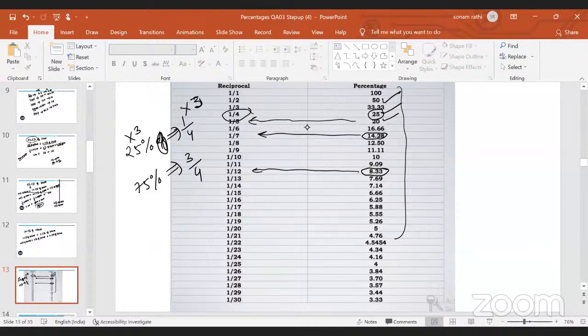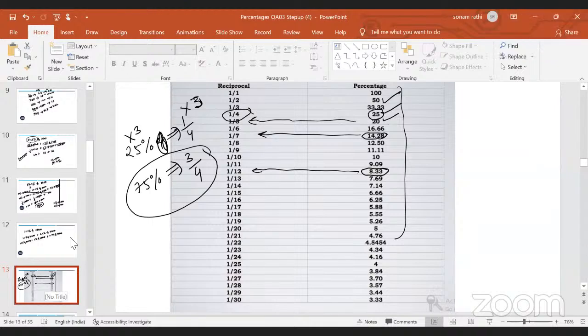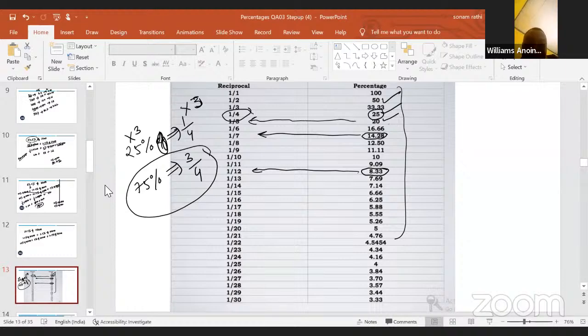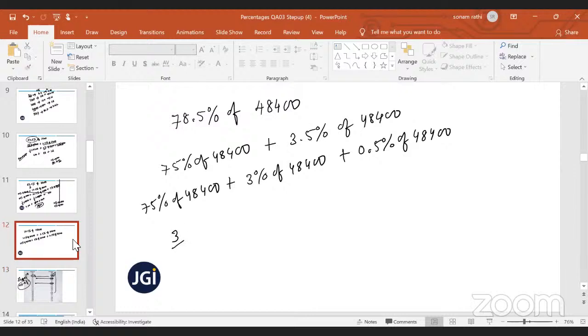So 75% is 3 by 4. Remember it. So 3 by 4 of